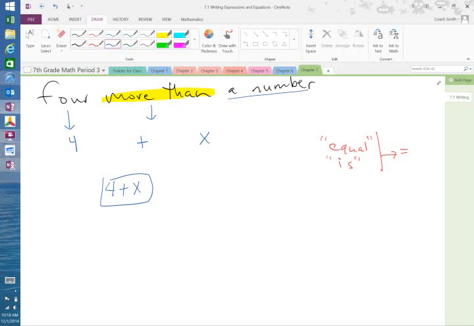I just did number 2. Number 2 says 4 more than a number, and they want you to match it with the expression. So which expression on the right would 4 more than a number be? Obviously, it's right there, and so what letter would that be? B. Fairly simplistic, not real hard. Number 3